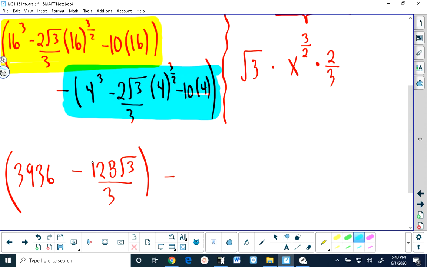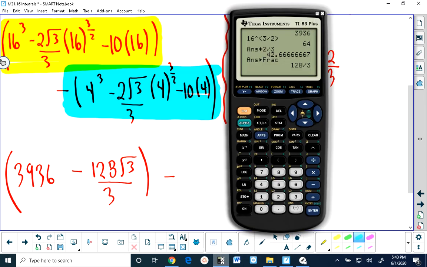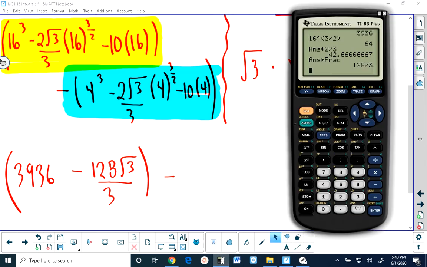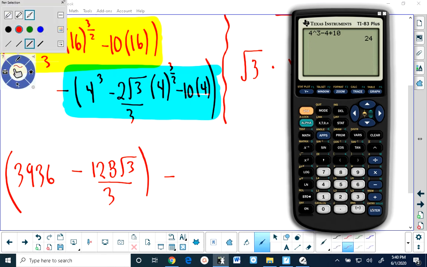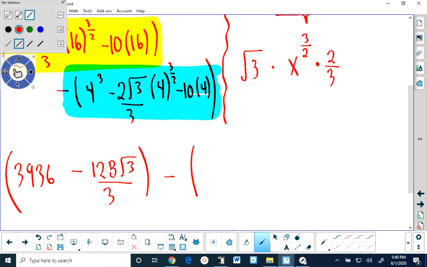Could probably do that in my head, but just to be sure. When I take 4 cubed minus 10 times 4, or 4 times 10, I get 24. So I have a 24 in here, and then I have minus the 2 over the 3 times the 4